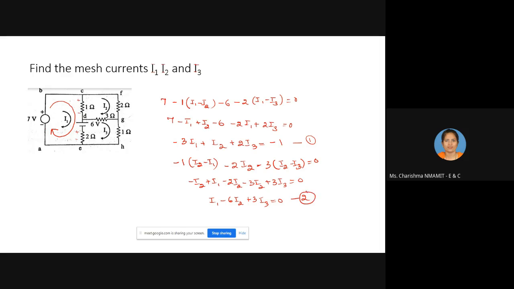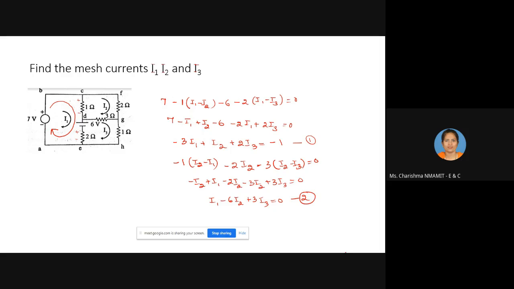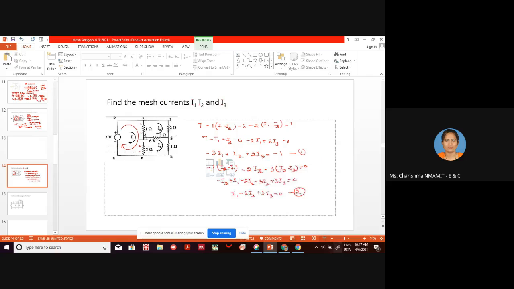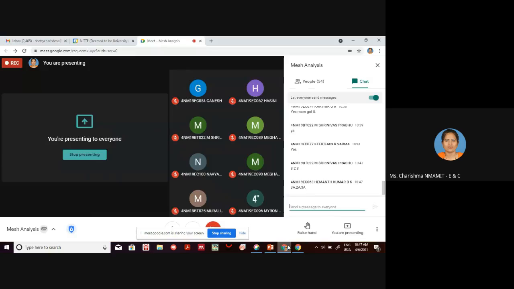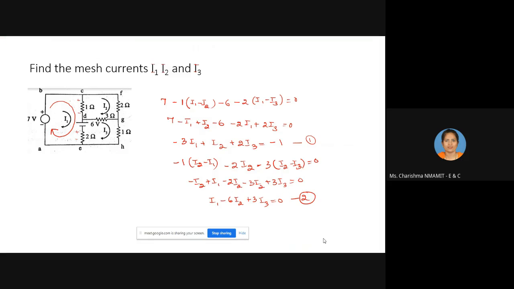This is the second equation. Okay, the third equation is,